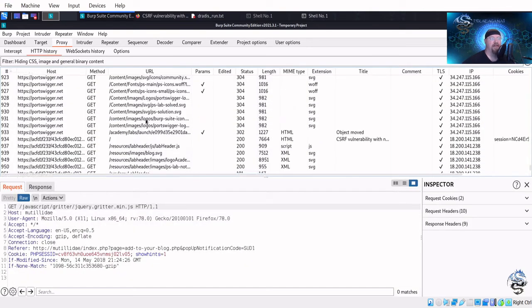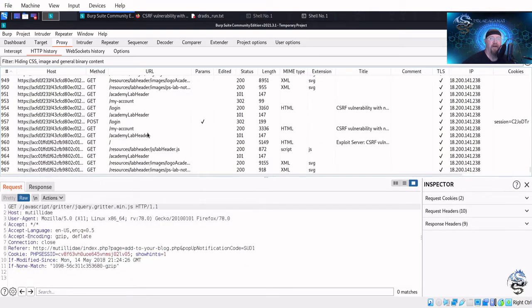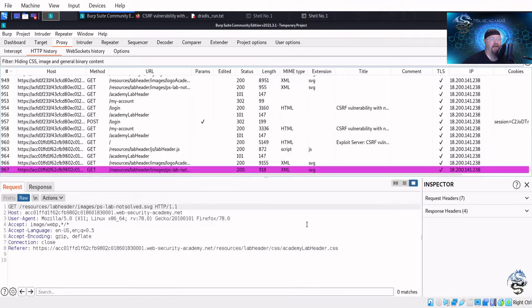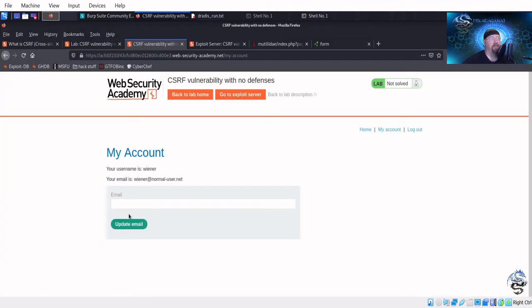In this case, though, we're just going to use the HTTP history of things that I do. So I'm going to highlight this to let it know this is the very last action I've done, so I can start from here, right? So I'm going to come over here and we're just going to come up with some email. I don't know. Let's say